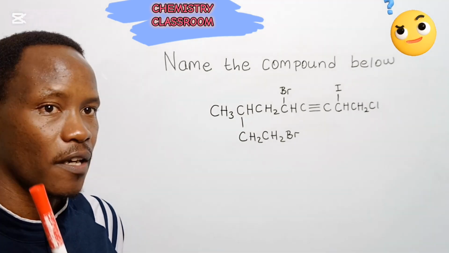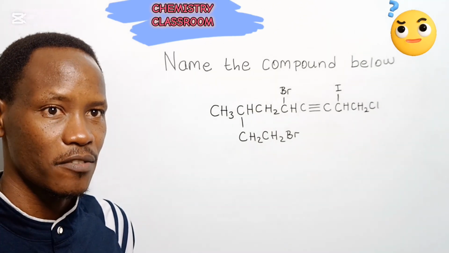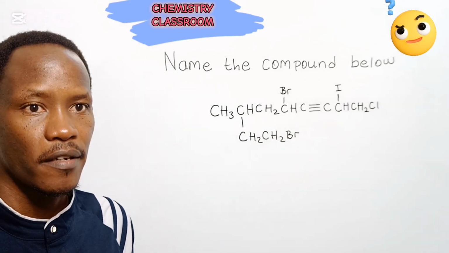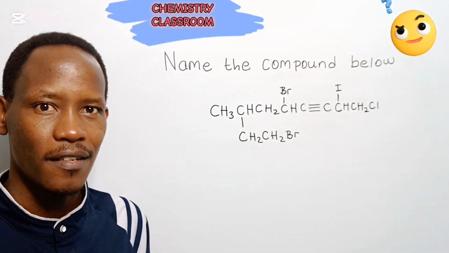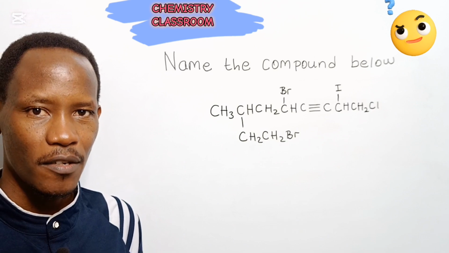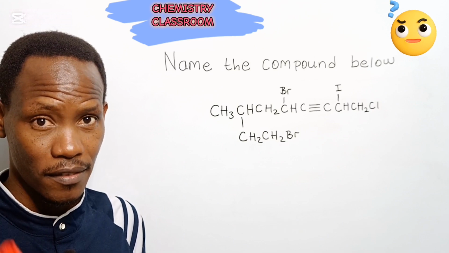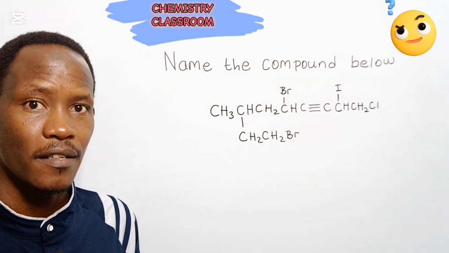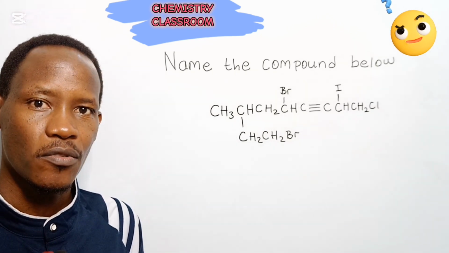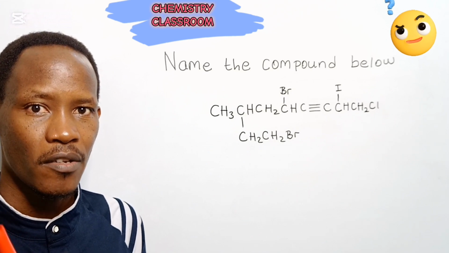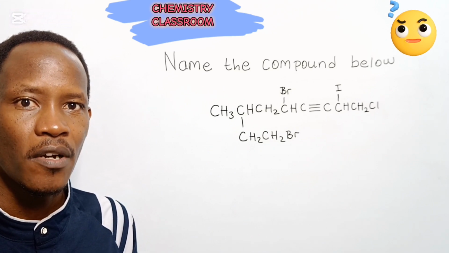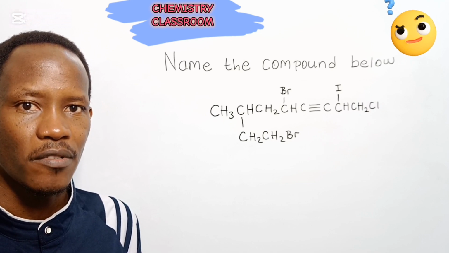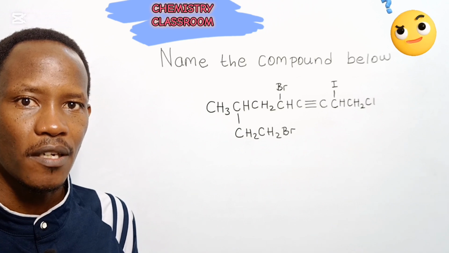That being said, we now have to execute the first rule of IUPAC, which states that we determine the parent chain. And do not forget that the parent chain is always the longest carbon-to-carbon skeleton that is in the compound. But in this specific case, this longest carbon chain must also bear our carbon-to-carbon triple bond. As I have advised you, always traverse the compound, determine all the possible carbon-carbon chains, and the longest becomes the